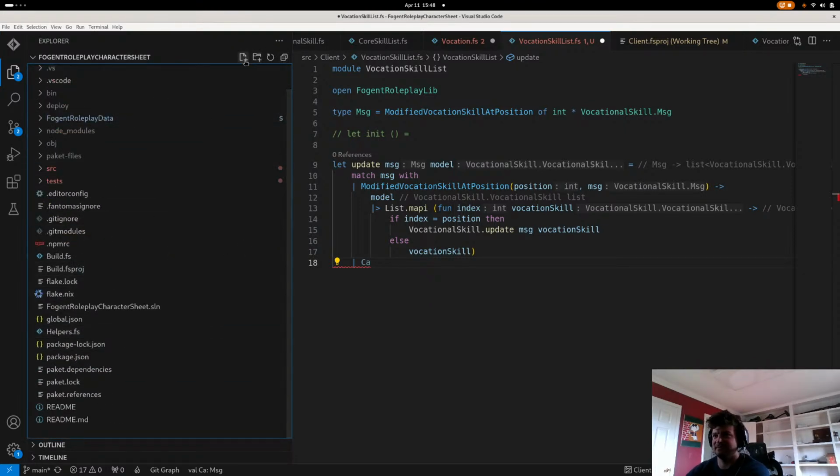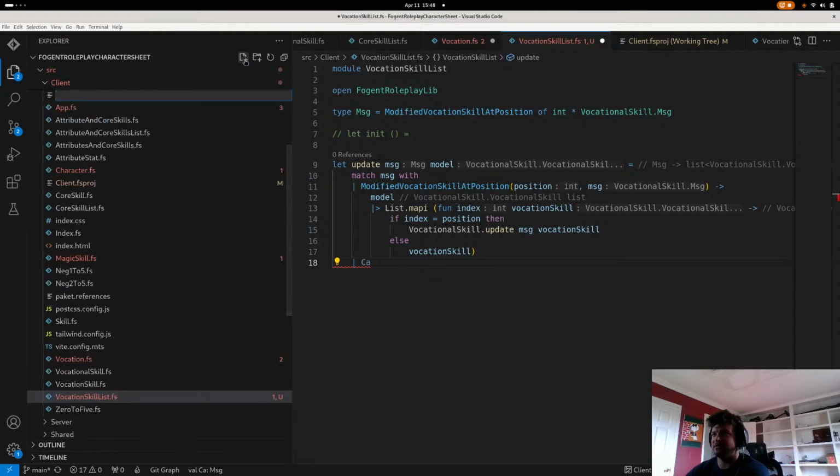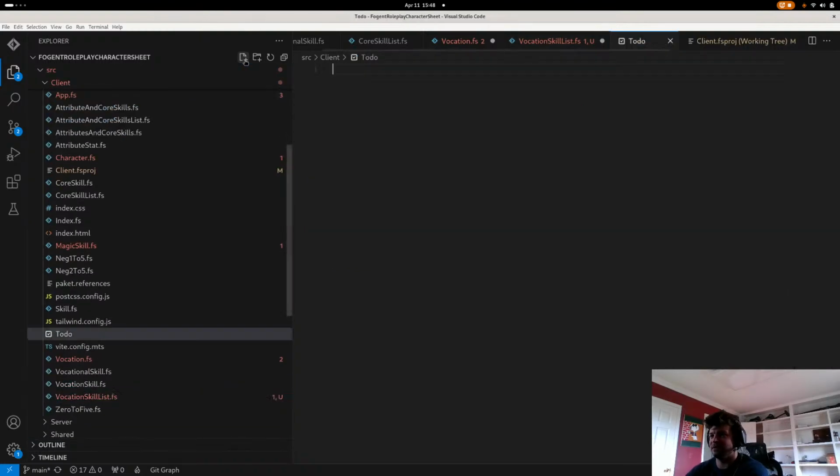We're gonna add a new file here called to do. Refactor core skill or skill lists to be a tuple of